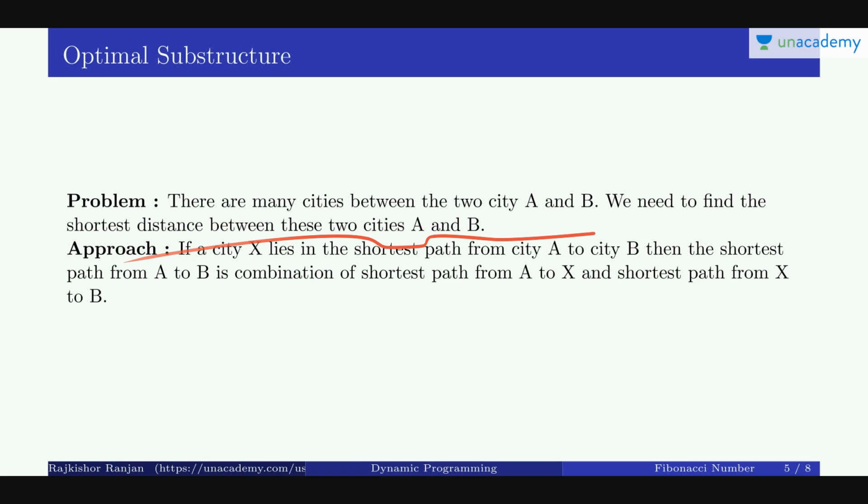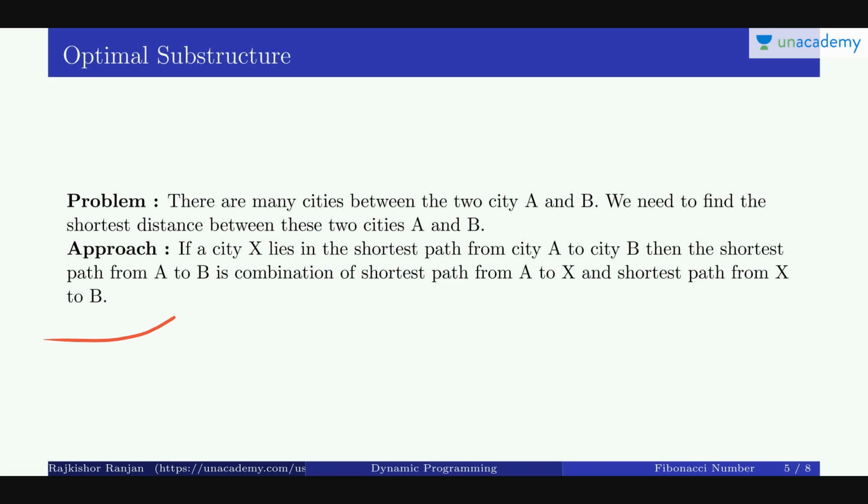Let's approach the solution. If a city X lies on the shortest path from city A to city B, then the shortest path from A to B is the combination of the shortest path from city A to X and the shortest path from city X to B.